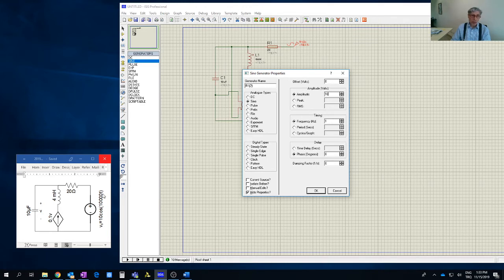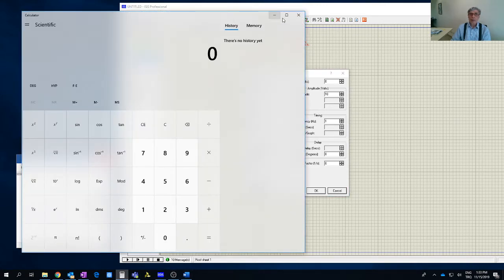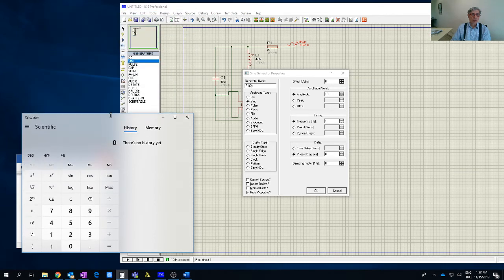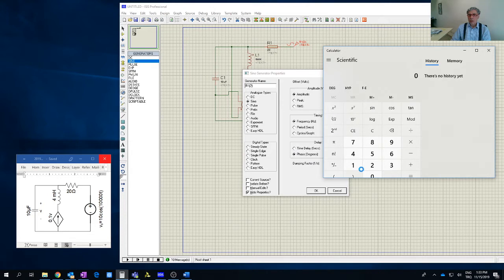Angular frequency is equal to 2 pi f. In Proteus we've got hertz, that is f. f is equal to 10,000 over 2 pi. So let's do the calculation here, you can follow it as well. Here we could do this calculation. What we said, 10,000